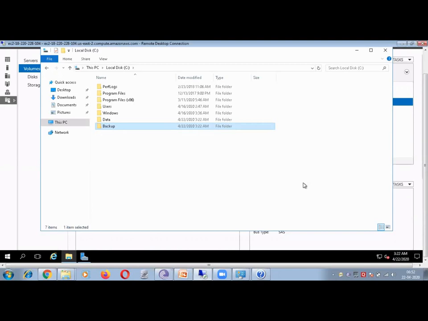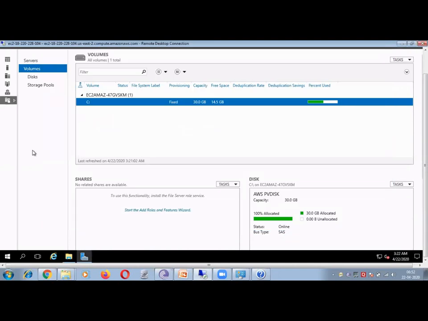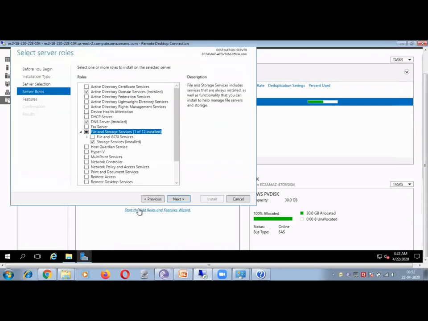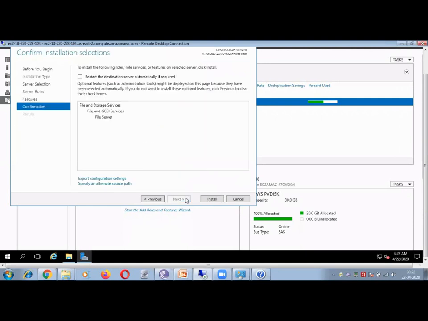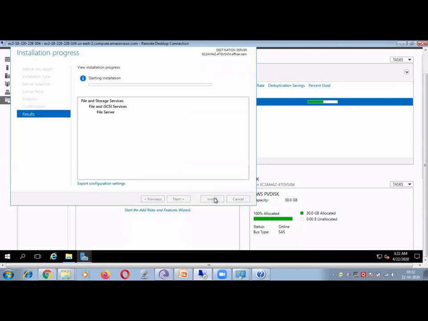Okay, now go back to your screen. Now below you see there is something called Shares, right? Can you click that? Yes. So first you have to go and add that feature. So say yes, simply say next, next, next, and install. So we are now installing the file share feature.